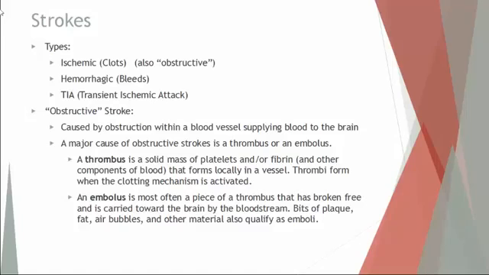Second one, hemorrhagic. This is a reference to a blood vessel, the walls becoming so weakened that they basically pop like a balloon. The inner lining of arteries and arterioles have a type of elastic tissue in them, and if it gets weaker, it can only hold so much, just like a water balloon. You can only fill it to a certain point. At that point, when it ruptures, you're going to be bleeding on the brain. So that's preventing blood flow from getting to other parts of the brain because it's not contained in the vessels anymore.